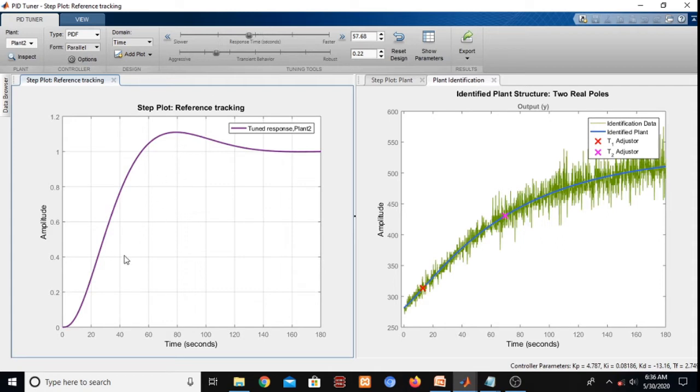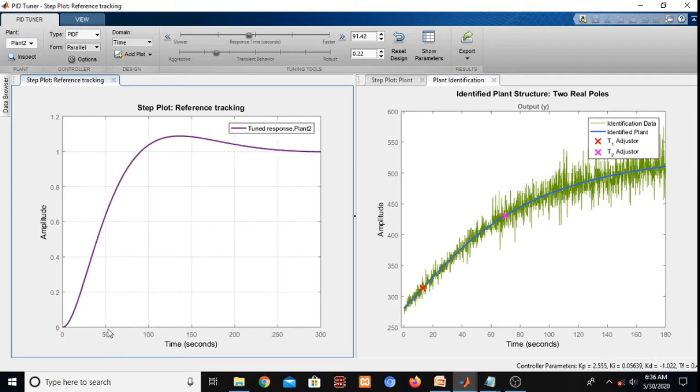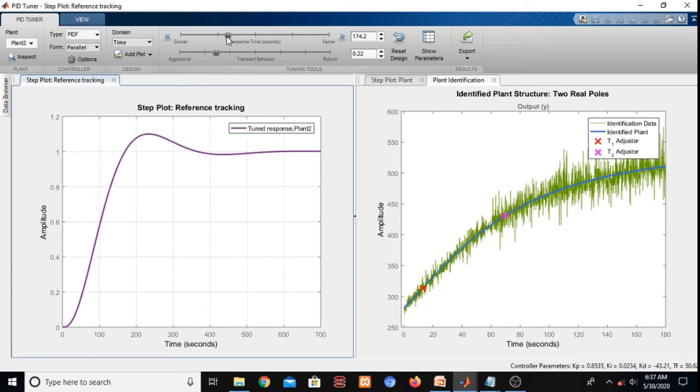Or in order to adjust this rise time. Here we have got around 50 seconds. If you want to still improve this rise time, you can go for this.